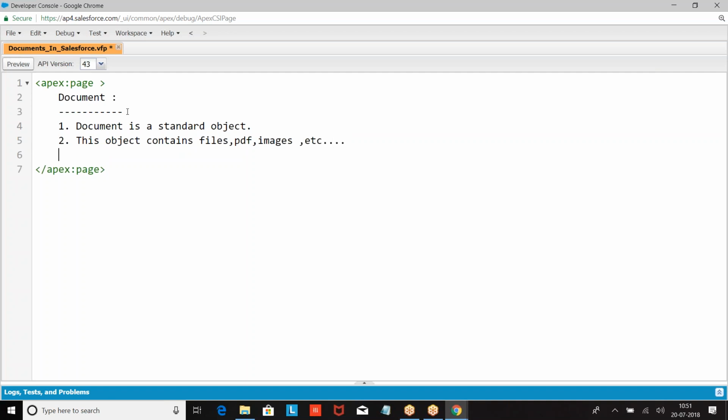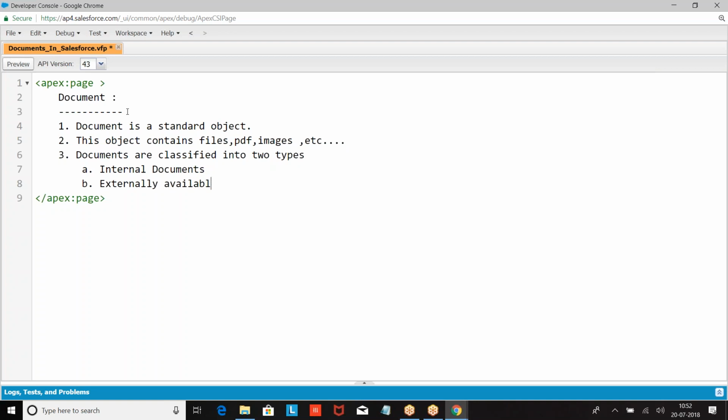Right. Now, documents are classified into two types.